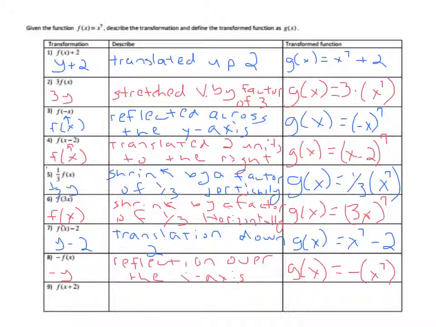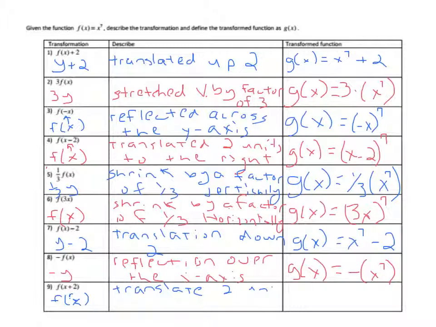Finally, number 9, we have f of x plus 2. So we know that we start off with f of x, and instead of x, we're going to plug in x plus 2. And like we said before, if I have a value for x, and I want to get back to the original 0, I need to do the opposite. So if I'm at a negative 2, I would have to add 2 to get back to that 0, 0 point for the vertex. So in this case, where it says x plus 2, we have to do the opposite for x. So we're actually going to translate